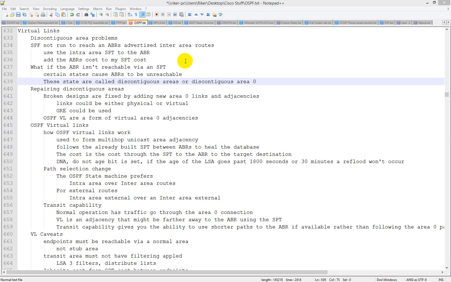The whole purpose of the demand circuit and the flooding reduction was for connections like, for instance, back in the day, we're talking early 90s, late 80s, and mid 90s,